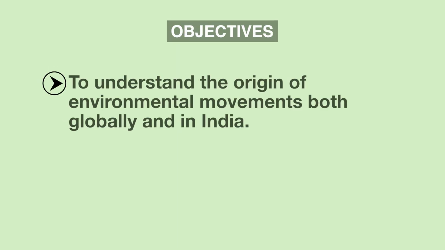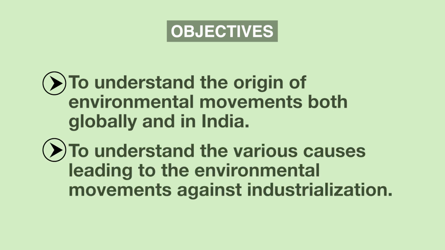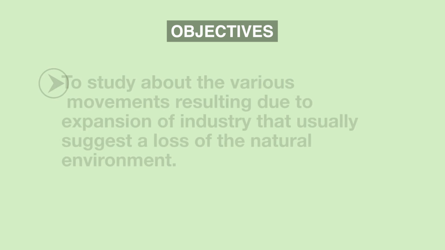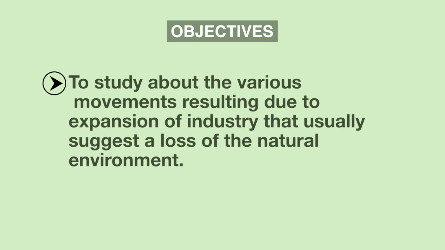Now to go through the objectives. Firstly, to understand the origin of environmental movements both globally and in India. Secondly, to understand the various causes leading to the environmental movements against industrialization. And thirdly, to study about the various movements resulting due to expansion of industry that usually suggest a loss of